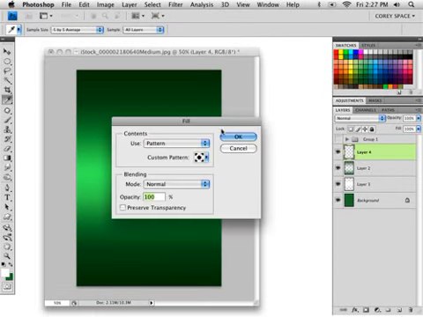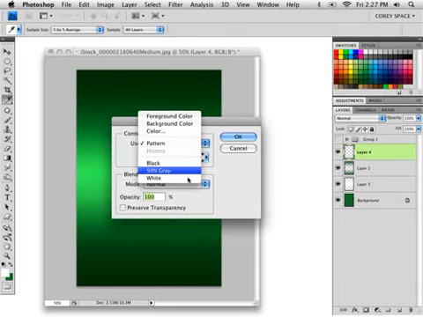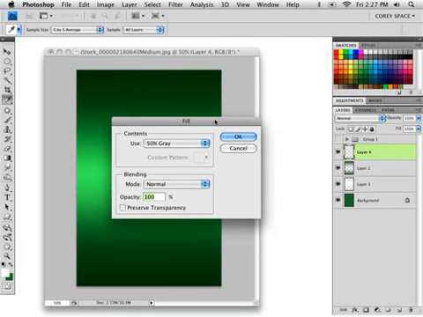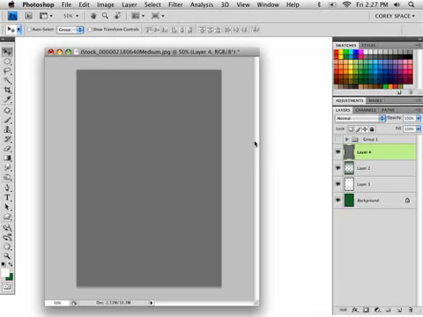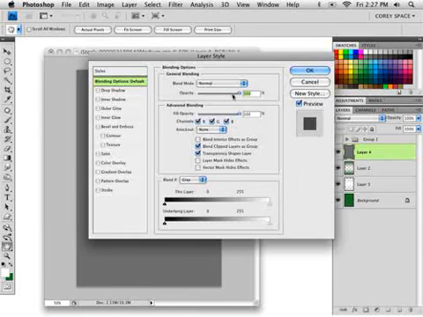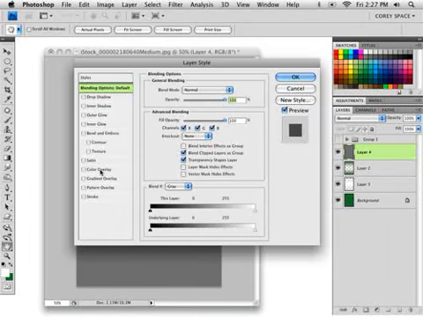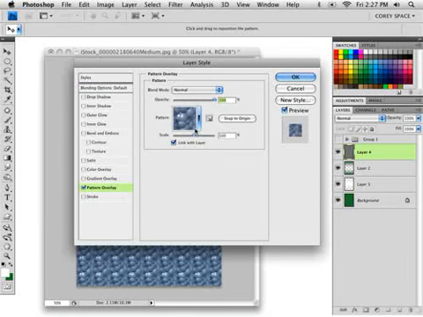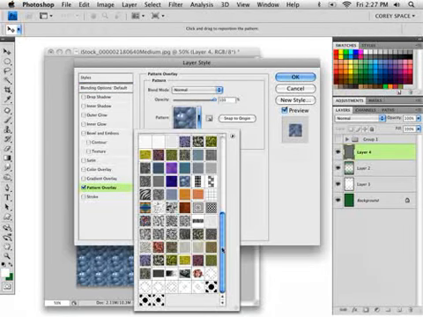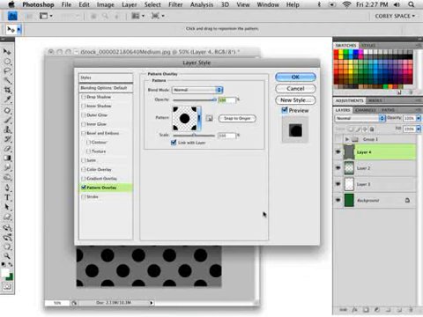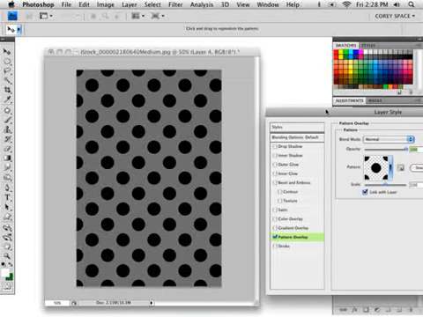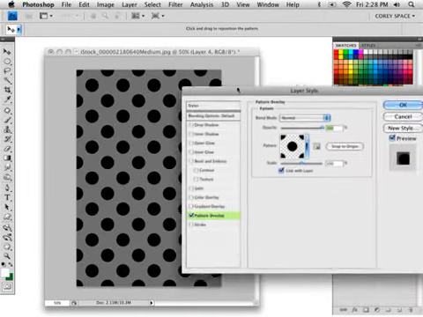And I don't know why I closed it there. We're going to use 50% gray because we're going to apply the pattern as a layer style. And I like to do it that way because I can control the overall scaling of the pattern. So you can double click on this layer and open up the layer styles window, and we're going to pattern overlay. Click on the pattern menu, and we're going to look for the very last item, which should be the pattern that we just defined, and you'll notice that it is tiling in there,